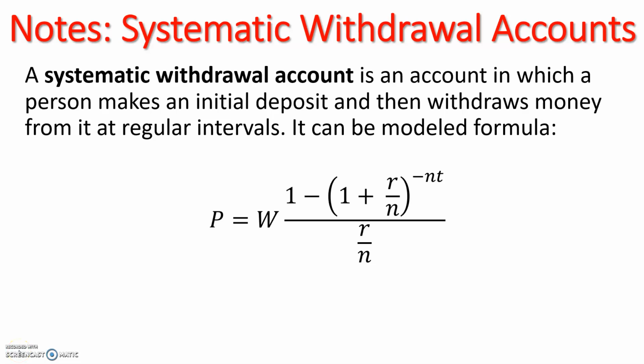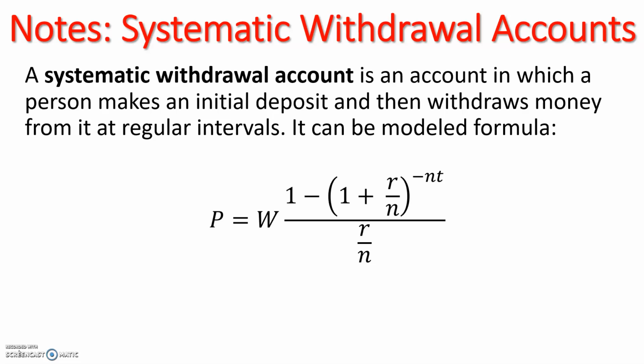The focus of this video lesson is systematic withdrawal accounts. A systematic withdrawal account is an account in which a person makes one initial deposit and then withdraws money from it at regular intervals. It can be modeled with this formula: P equals W times 1 minus the quantity 1